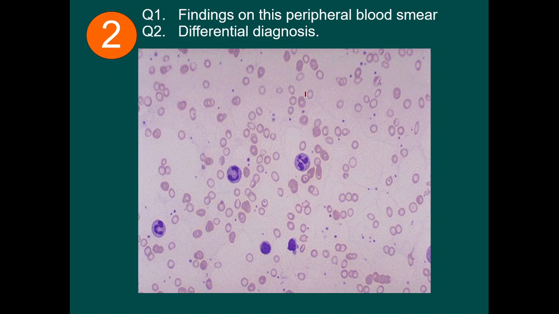What is this blood smear? What are all the findings in the peripheral blood smear? What is the differential diagnosis? I hope you got it. Just focus on this. Since the second part of the question is the differential diagnosis, you can easily make the diagnosis, since many students might get confused.